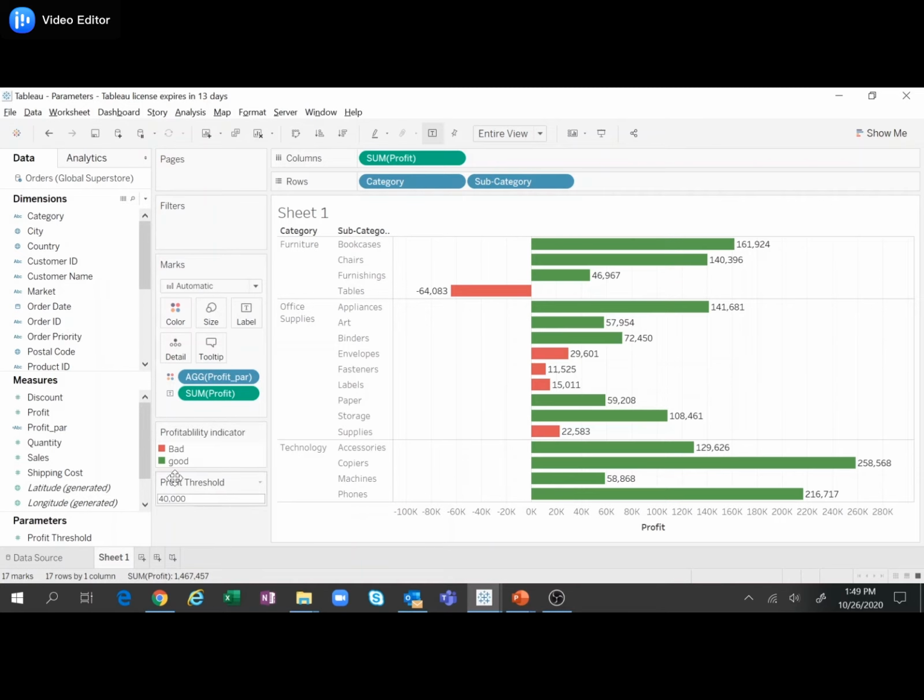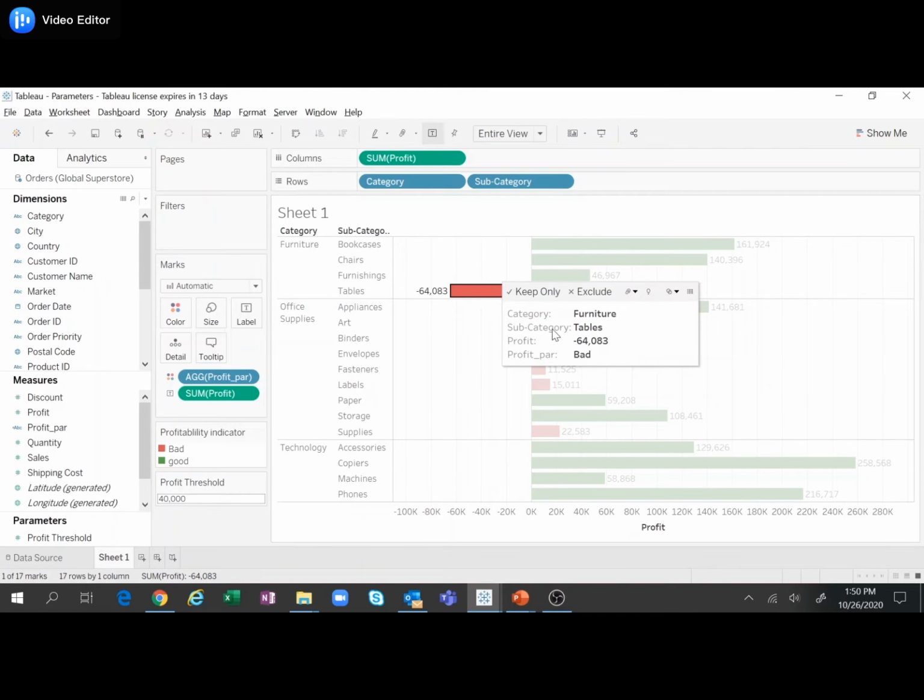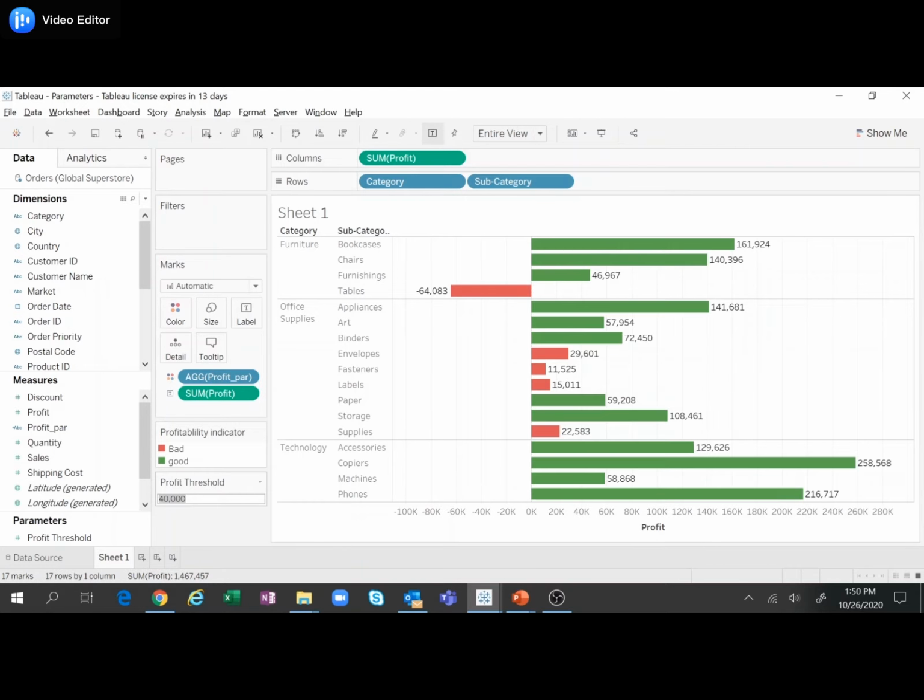The subcategories which are greater than 40,000 will automatically be colored green, and the subcategories which are less than 40,000 will automatically be colored red. This threshold completely depends upon the user, so you can define your own thresholds as and when you want. This is the main advantage of parameters. As I said before, it helps us to create highly interactive dashboards, charts, etc.